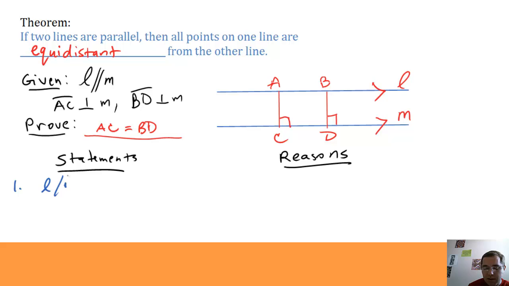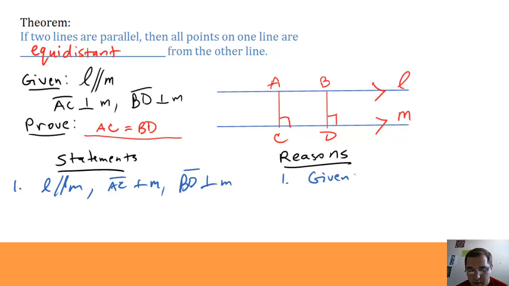What's the first statement? The given, right. So we copy down the given, and then we want to know what we can see from there. Well, we know L is parallel to M. If I want to find a parallelogram, I've kind of got one drawn there as long as I can show that it's actually a parallelogram. I know the top and the bottom are parallel because L is parallel to M. Do I know that AC and BD are parallel? Well, I know that AC is perpendicular to M and BD is perpendicular to M. And I know